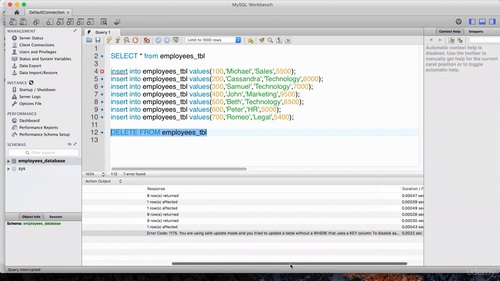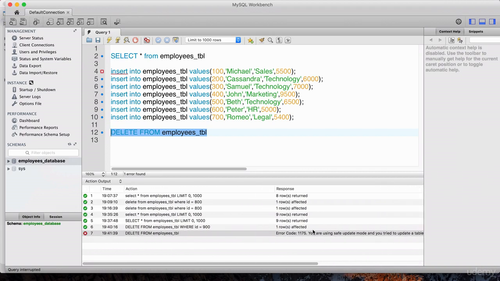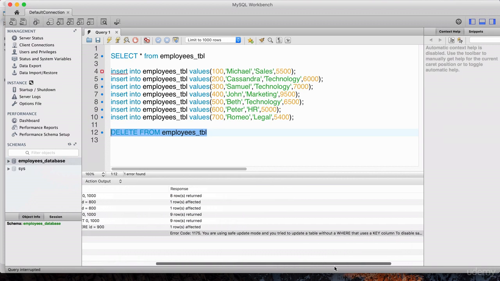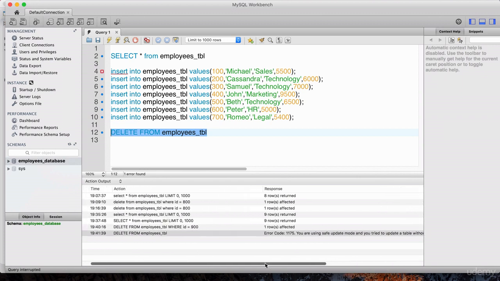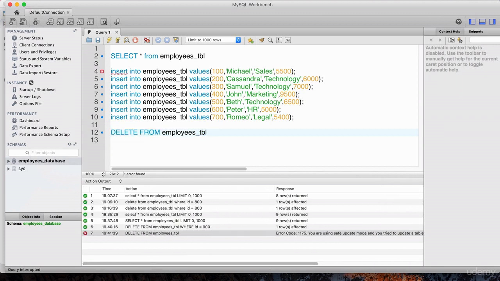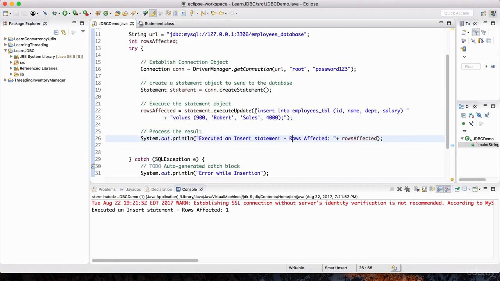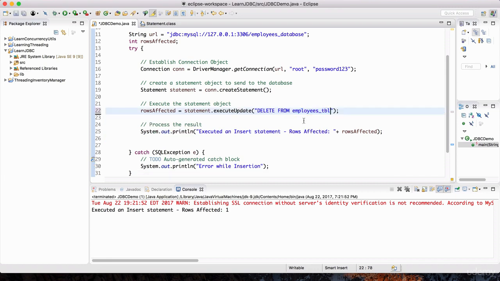Okay, so it's basically warning us that, hey, you're using this safe mode feature in MySQL Workbench, and it recognized that I was trying to delete all of the data from the database table, and it has this sort of safety lock mechanism where it's preventing us from deleting all the data. So I want to show you what happens if I was to take this and run it in our Java application. So let's go into Eclipse, and instead of this insert statement, I'm going to paste that delete right here,